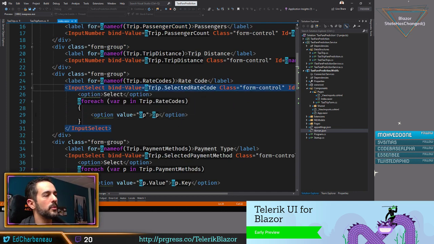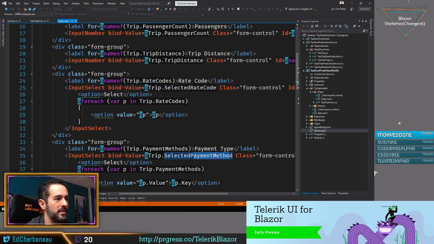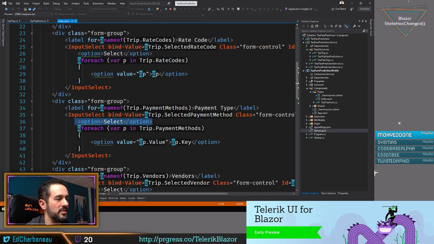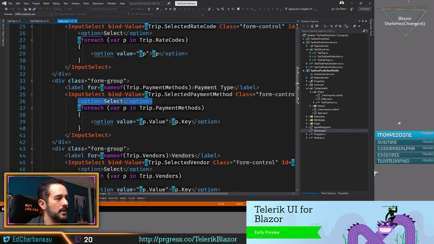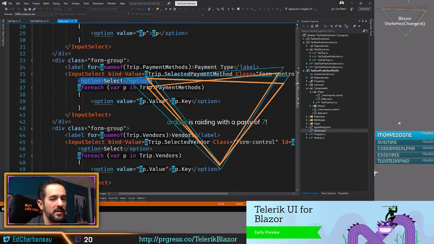The inputs, there wasn't really good documentation. I think, Lauren, you pointed me to the correct documentation for this. It was kind of hidden. But the inputs in Blazor, you do input select, and then you bind to the selected value. There's like selected rate code, payment method, for example. And then you iterate over your options. So there's a select placeholder value. If you don't have a default value in here, you get poor validation because it's forcing you to select something and it looks at the initial value as the default. So if you have required on there,